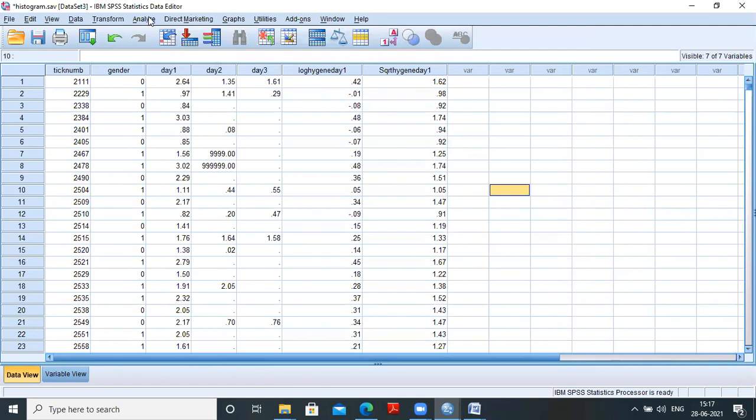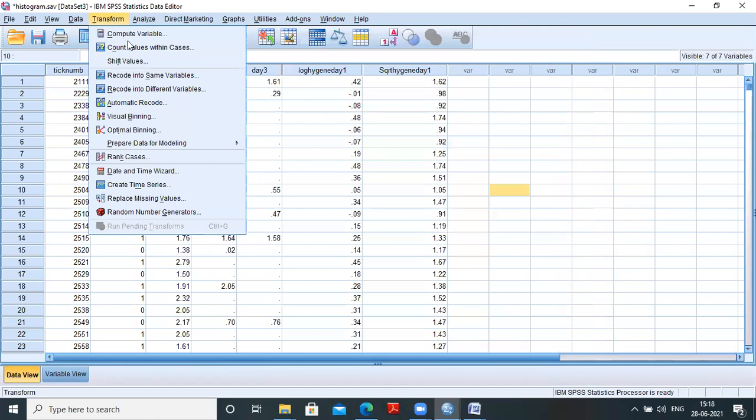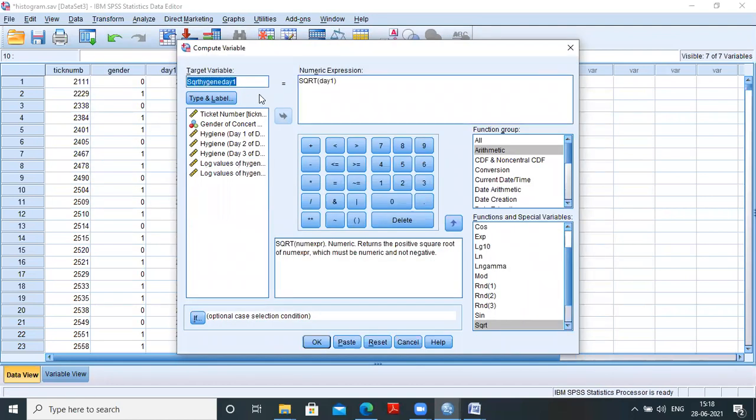Right? Similarly, you can transform the variable by taking reciprocal of the series, any type of arithmetic or any type of conversion that you can do by using the transform function. Let it be, I have to calculate reciprocal of the values.